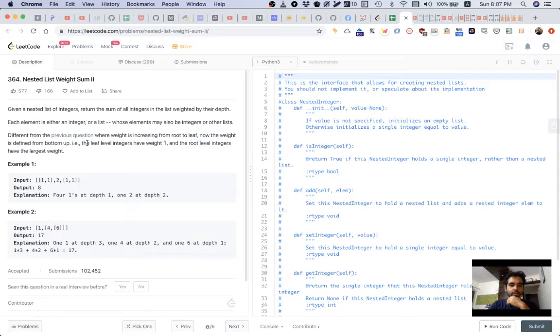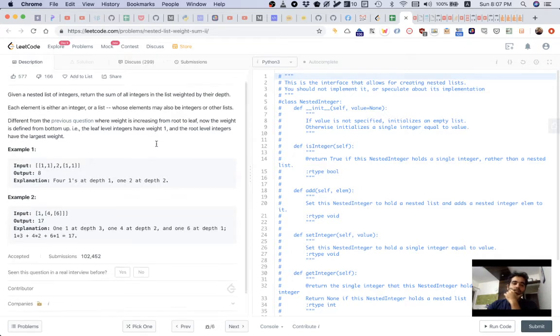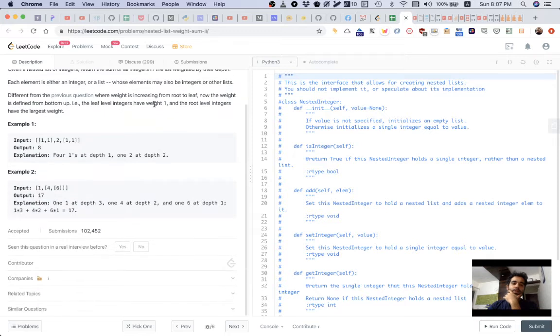Leaf level integers are weight 1. That means that we don't really know what the weight should be when we encounter an outer list. All we can kind of do is